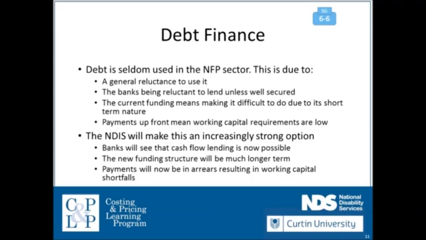In terms of those seasonal or other cash flow deficiencies you might identify over the next 18 months or 3 years, depending on how you undertake your cash flow planning, there are, of course, debt finance options that might need to be accessed in order to allow your organisation to weather a particular storm. The key thing about debt finance is we haven't typically used it in the not-for-profit sector for a number of reasons, but one of the main reasons has been that, by and large, and this is a very general comment, our funding has been provided as grants in advance, which has meant that cash flow has not necessarily been a major obstacle,